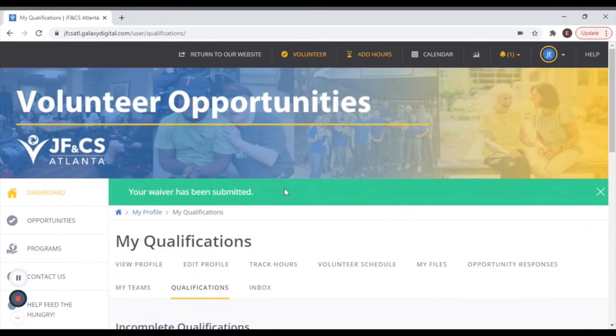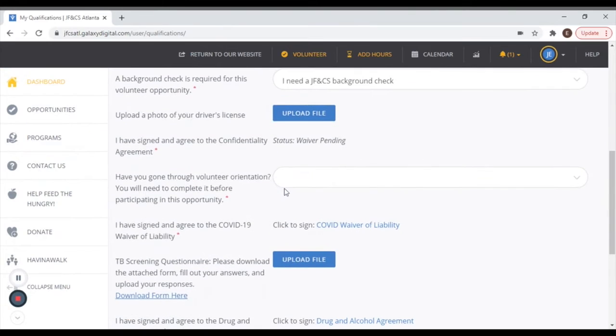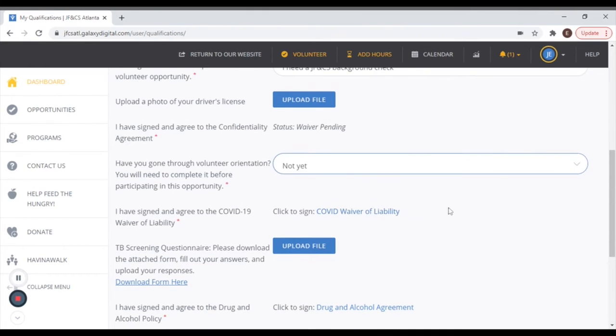And you can see our waiver has been submitted. Next, all of our volunteers are required to complete a volunteer orientation. If you've already had a volunteer orientation before, you say yes. If not, you say not yet. Then our volunteers manager will know that they need to reach out to you to help you complete your volunteer